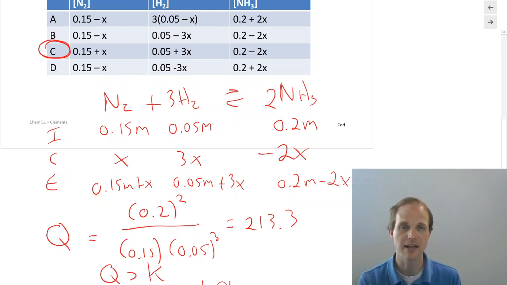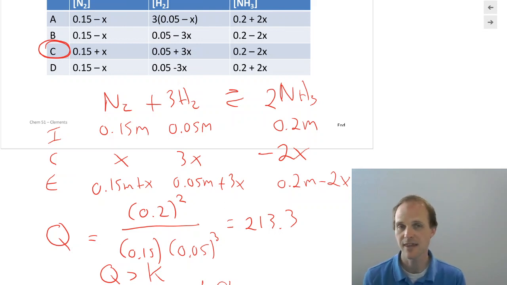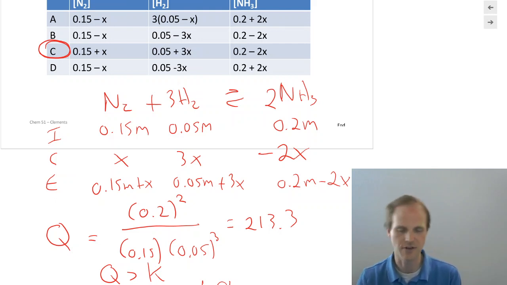But you have to remember that reactions don't always go to the right. Sometimes they go to the left. What would actually happen if you solved that is you'd get a negative value for x. And initially you'd be like, well, you can't have negative concentrations. But remember, your x is a change in concentration in this case. So if you plugged it in, you'd actually get some reasonable numbers, and you'd be OK. But it's best to know which direction the reaction goes by calculating Q first.